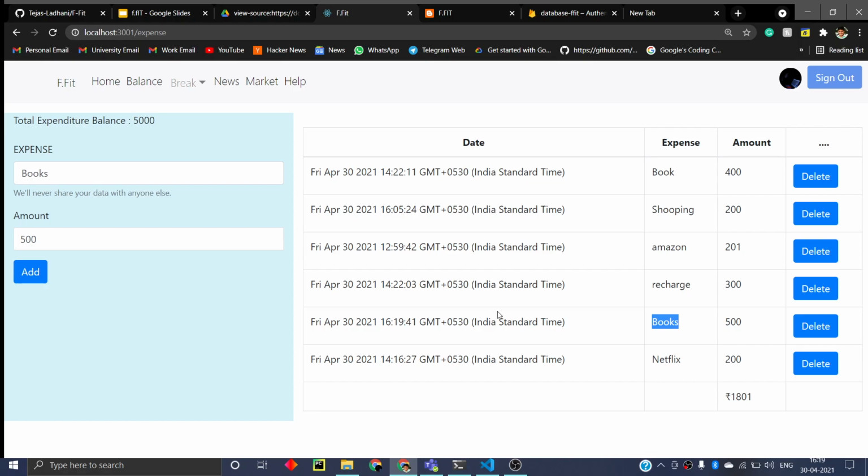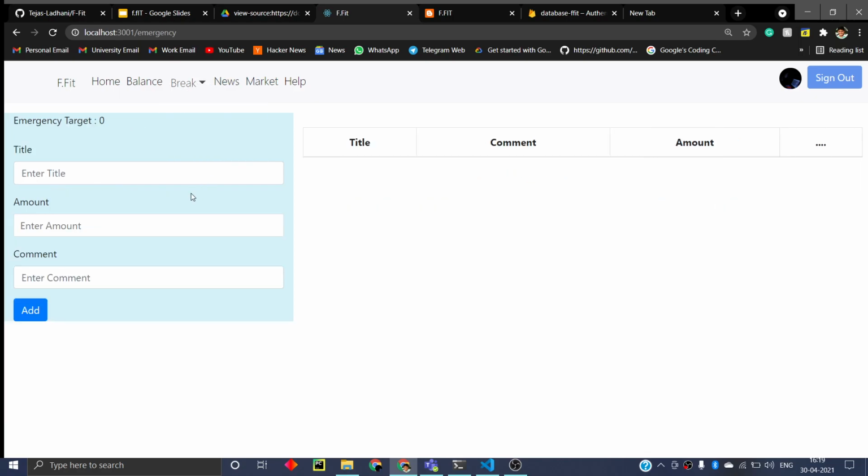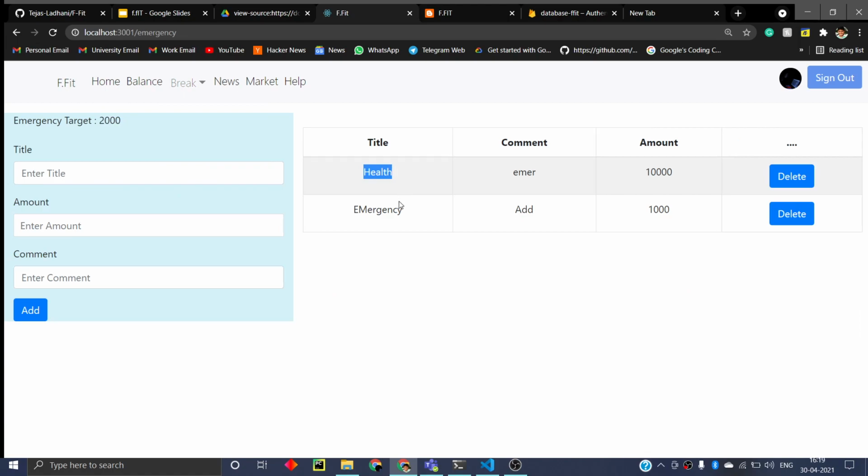This would be added to your list here now, and the total amount is here. Now in the emergency section you can plan your emergency funds, where it would be liquefied immediately.